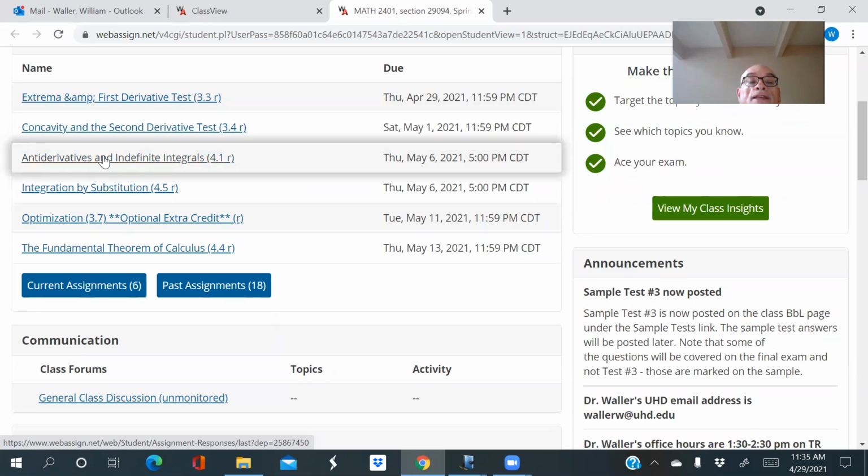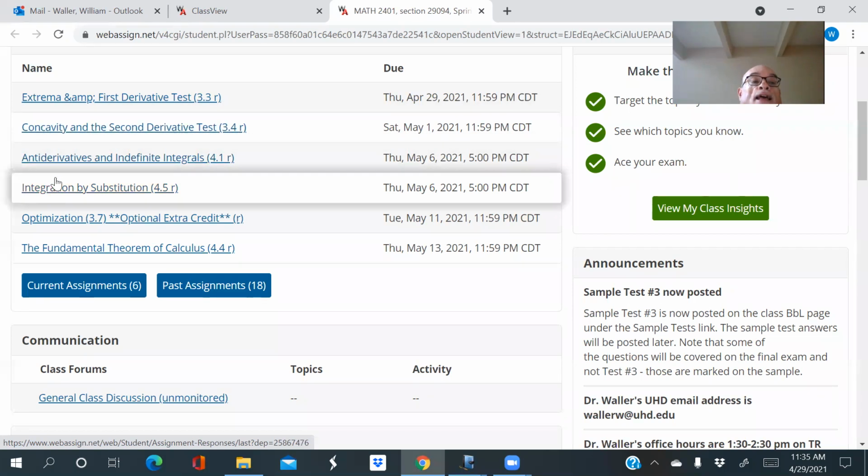These homeworks are about anti-differentiation, finding antiderivatives. These are the basic problems in this homework about finding antiderivatives, and we're going to talk more about that today, and then also Tuesday as well. And then